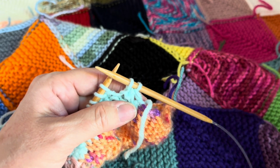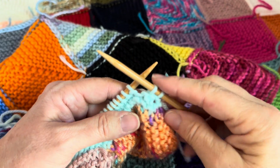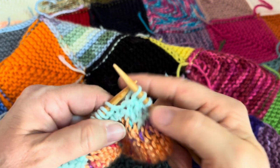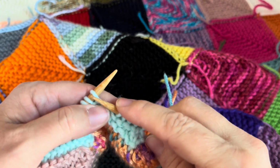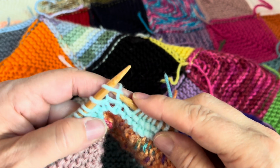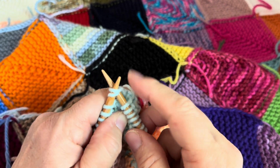and remember we've decreased again, so every time we turn we're going to have less stitches that we knit before we do our double decrease in the center. So now it's actually going to be 11 stitches on this needle before the double decrease. So we've got our first 2, 3, 4, 5, 6, 7, 8, 9, 10, 11. That's our center. So we're gonna slip the next 2 stitches together,